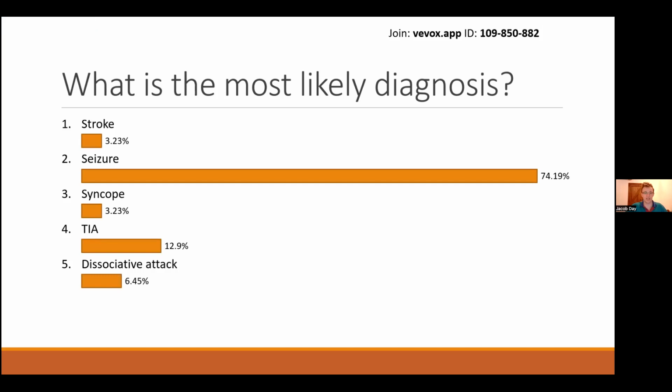I think in the history, it's that hour of being confused and disorientated. That's a bit too long for a syncope. A TIA, yes, he had that kind of speech disturbance that then got better over an hour. That would be the right time frame for a TIA, but that history of stiffness and staring really wouldn't be typical. And people tend to not collapse with a TIA. You might get weak and fall, but you don't tend to hit the deck and be vacant. That would be a bit unusual.